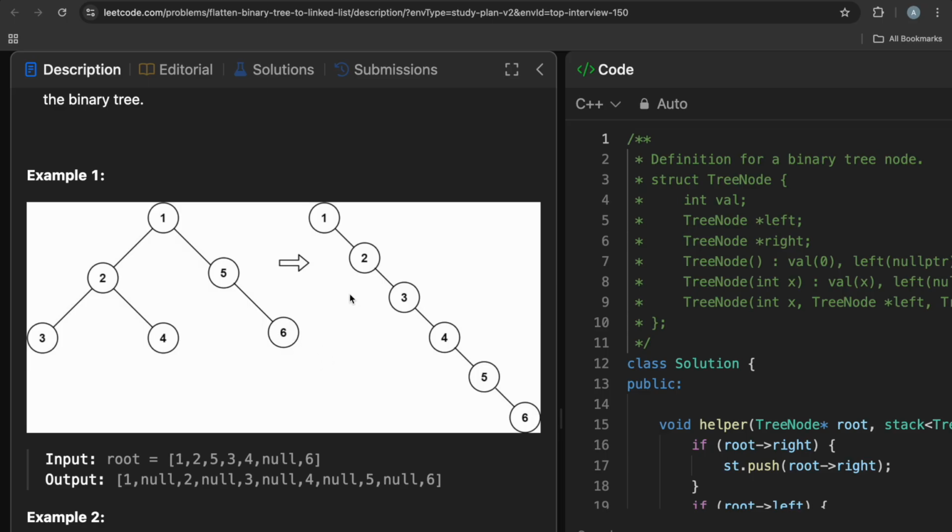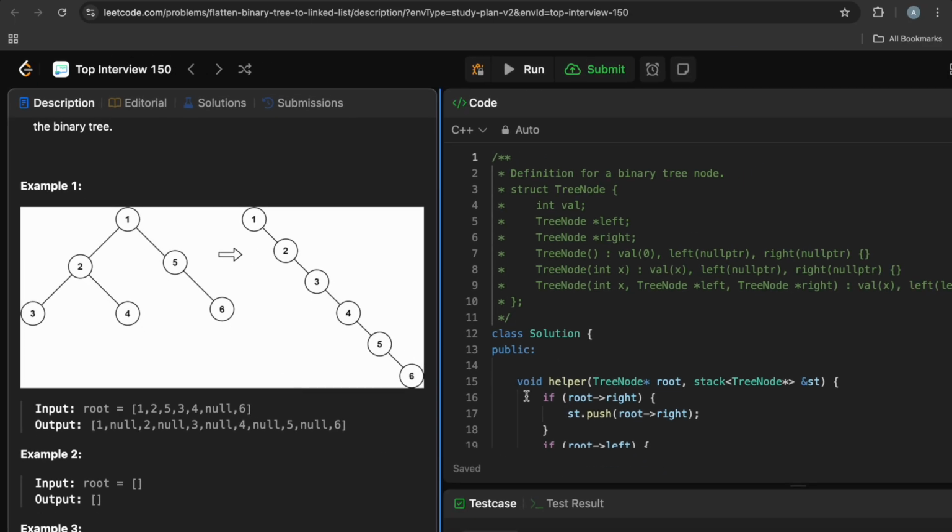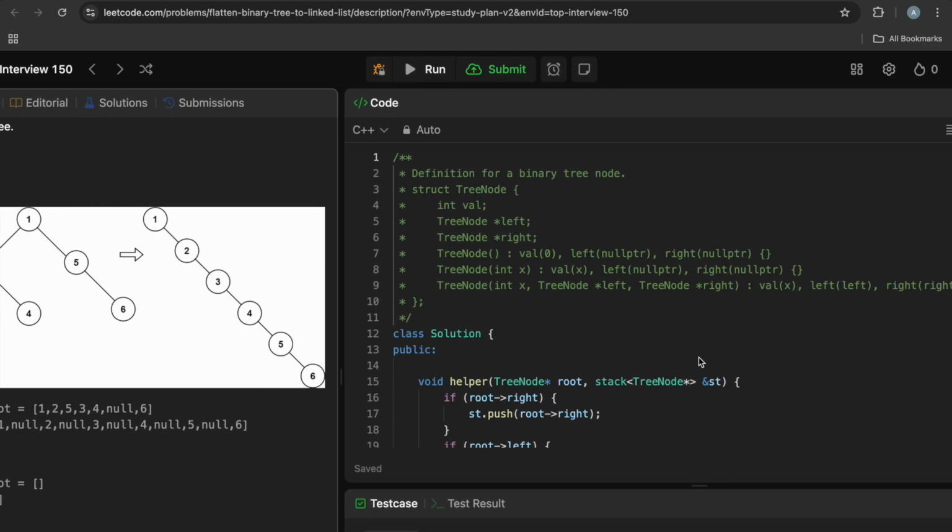we don't need to push anything into the stack, and left child is null. So in this case we need to take out the topmost child from the stack, but currently the stack is empty, so we can come out of the function. So in this way we'll get 1 2 3 4 5 6. So this is the crisp explanation, and let's go to the code and see how we are going to implement